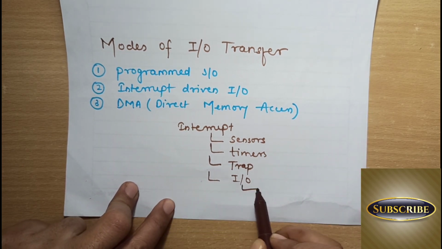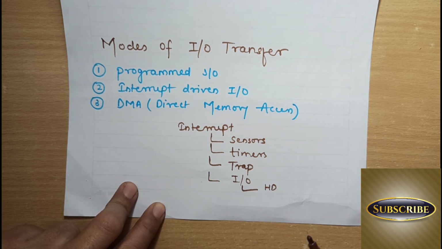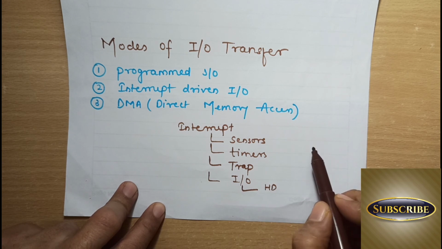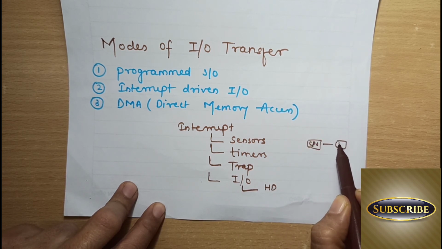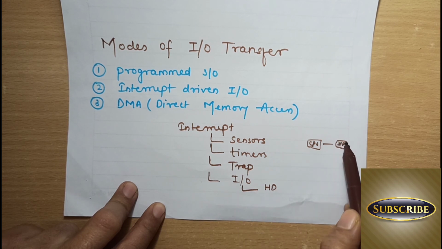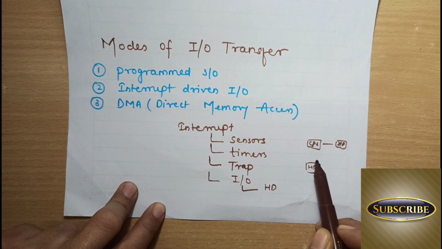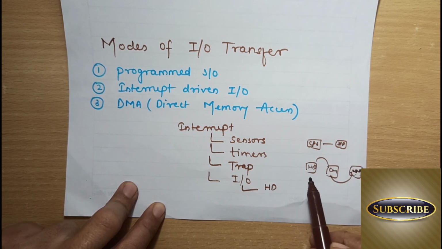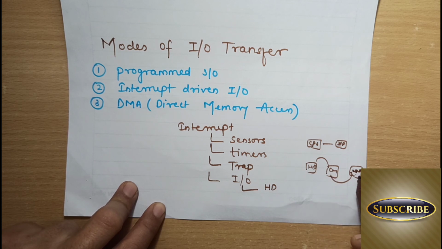Which IO device has the highest priority? The one whose speed is the highest. Whose speed is the highest? The hard disk's speed is the highest. Suppose the CPU is communicating with the hard disk. The hard disk is putting its data where? Into the IO controller. The hard disk gives its data to the IO controller. If you are reading from the hard disk and giving it to the controller to write it into the main memory,